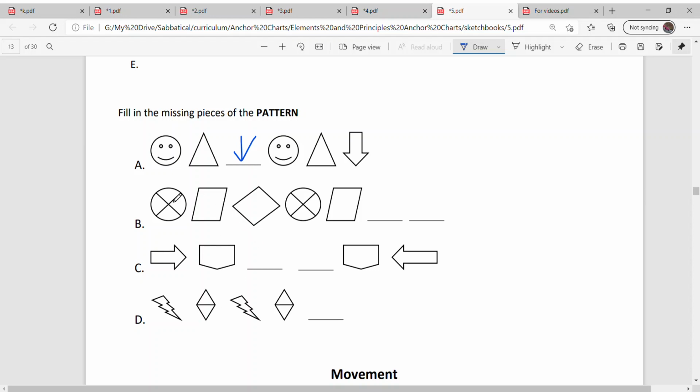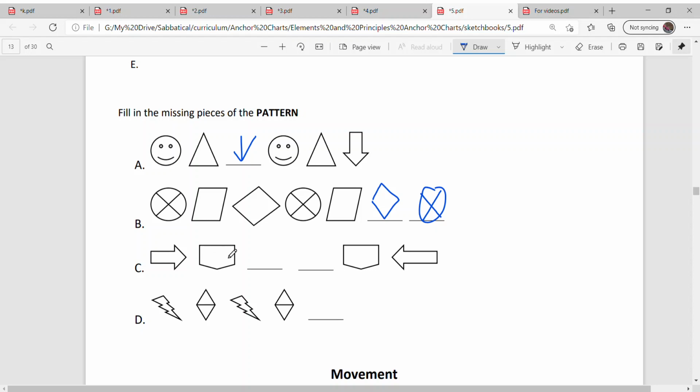Here you have this circle with an X. You have a polygon, diamond, circle with an X, polygon. What do you think comes next? Diamond, and then a circle with an X. Good job. All right, here we have right arrow,